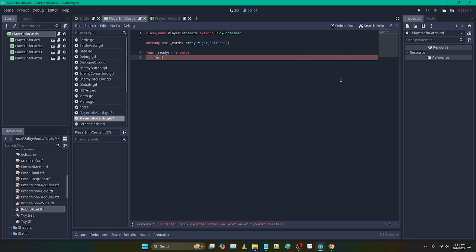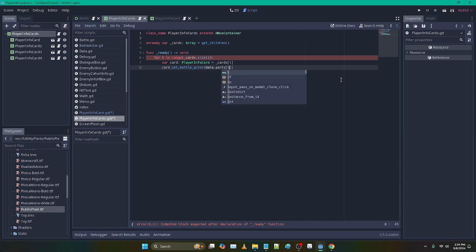We do for i in range cards.size. Card, player info card. And we do card.set_battle_actor. It's going to be